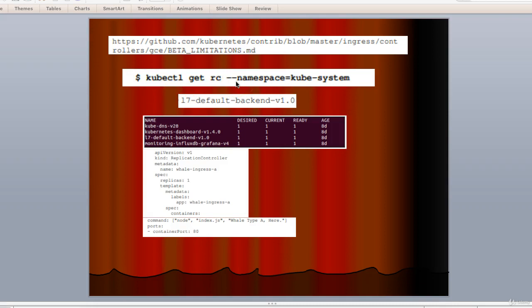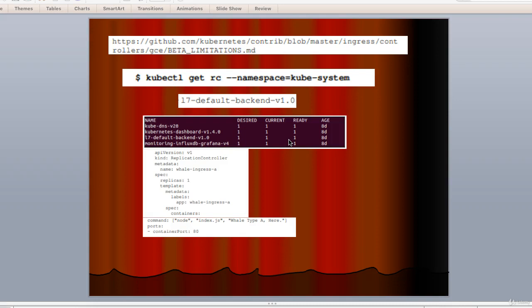Now we should see an RC listed with the l7-default-backend-v1.0 name as shown here. This provides the ingress controller piece that actually routes the traffic defined in our ingress entry points.